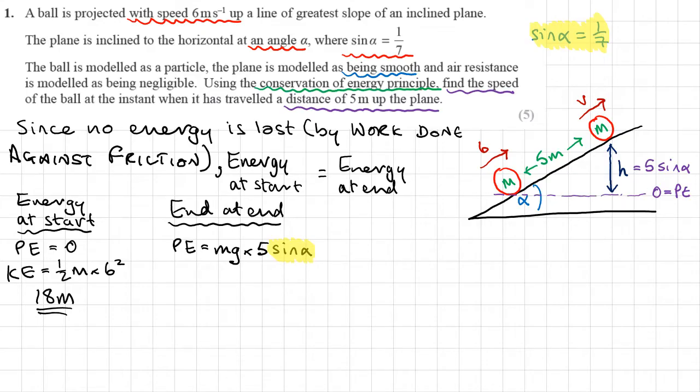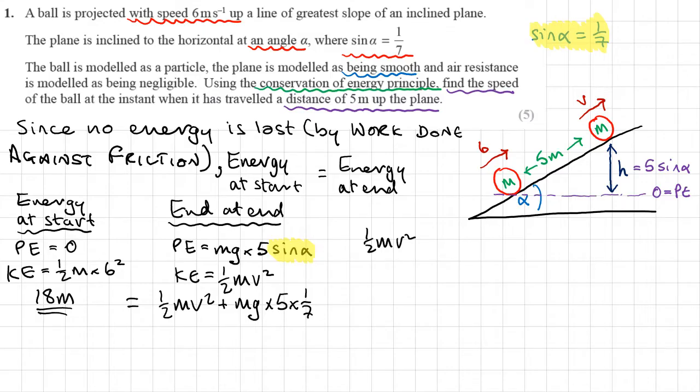Next, after that, we'll work out how much kinetic energy there is, and that's going to be half m. Now it's v squared, because the speed we want to find is v, or whatever letter you've used for your unknown, so half mv squared. So the total energy at the end is going to be half mv squared plus mg times by 5 sine alpha, or 5 times by 1/7. So my conservation of energy equation is going to be half mv